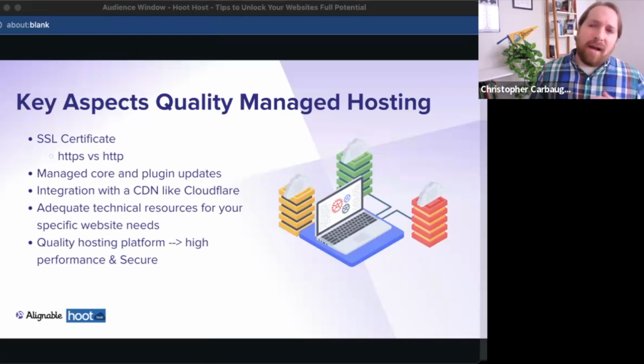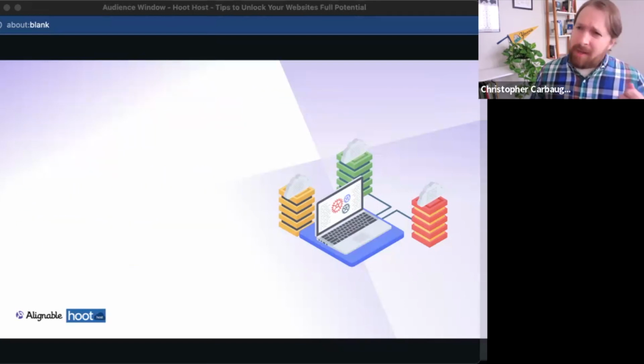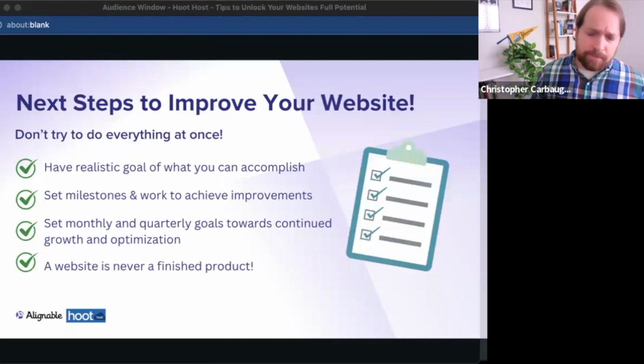So that highlights a lot of the topics that we wanted to get into today. Let's talk about next steps. I really just threw a whole bunch of information at everyone, and I only have so much time in this presentation. Obviously, there are much deeper conversations that we can have on all these subjects. But the main thing I want everyone to think about is, you're saying, okay, great, design, content, blogging, SEO, conversions, performance